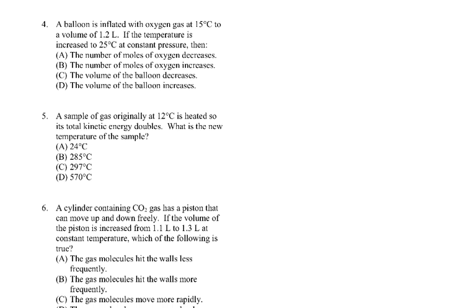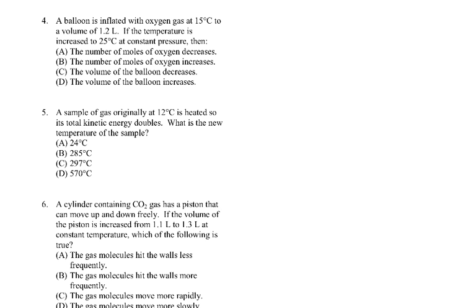Number 4. A balloon is inflated with oxygen gas at 15 degrees to a volume of 1.2 liters. If the temperature is increased to 25 degrees at constant pressure, then, so what happens? We have a temperature and we have a volume. Now we get to a higher temperature. So what's going to happen to the pressure? Not pressure. What's going to happen to the